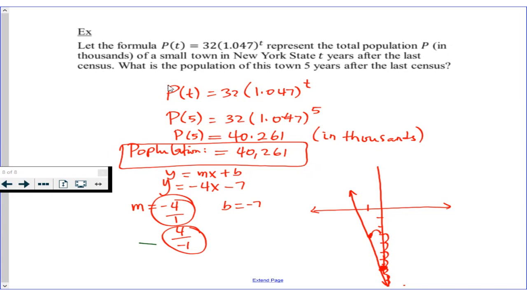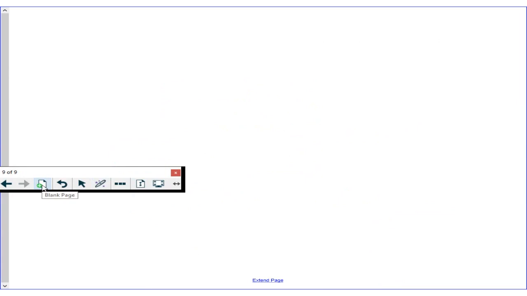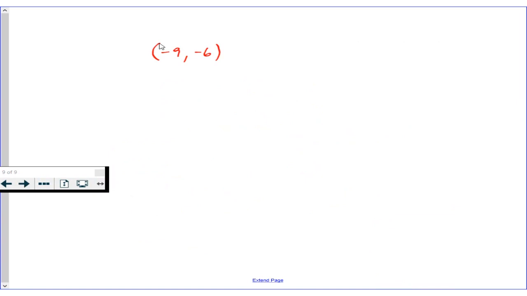Okay. Find the slope of a line containing this pair of points. Okay, I'll do it very quickly. So I'll give you the formula first. If I give you the formula, you will understand. So 2 points are given, which is -9 and -6. And we have -12 and -10. So let's say this is point 1, that means this is x1, y1. Let's say this is point 2, this is x2, and this is y2.